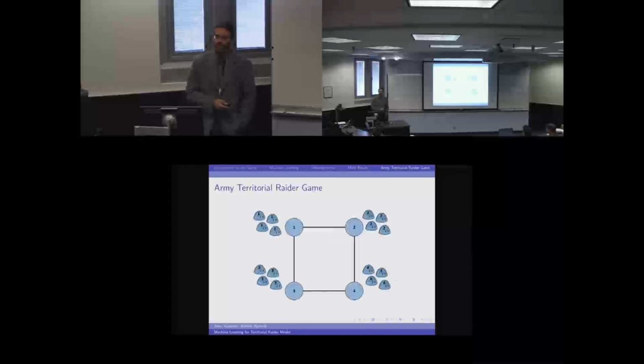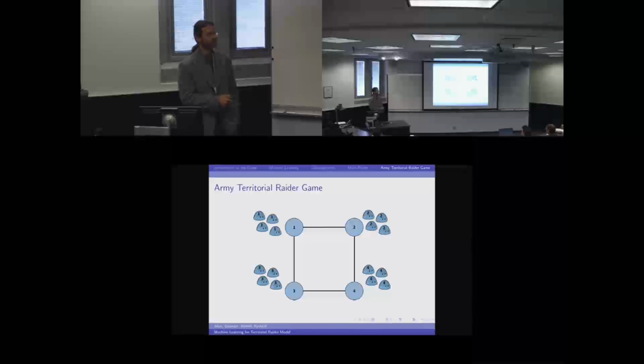Now, this is even more biologically relevant. Very rarely do you have someone that lives alone on a vertex. You may have an ant colony, or maybe a group. Like the whole state has a lot of fisheries right here, and the fishermen have to decide where they should fish, or the ants should decide where they should forage. If they forage at home, that's good. Well, if they can steal from the others, it may be better. And so this is what we call the army territorial raid game.